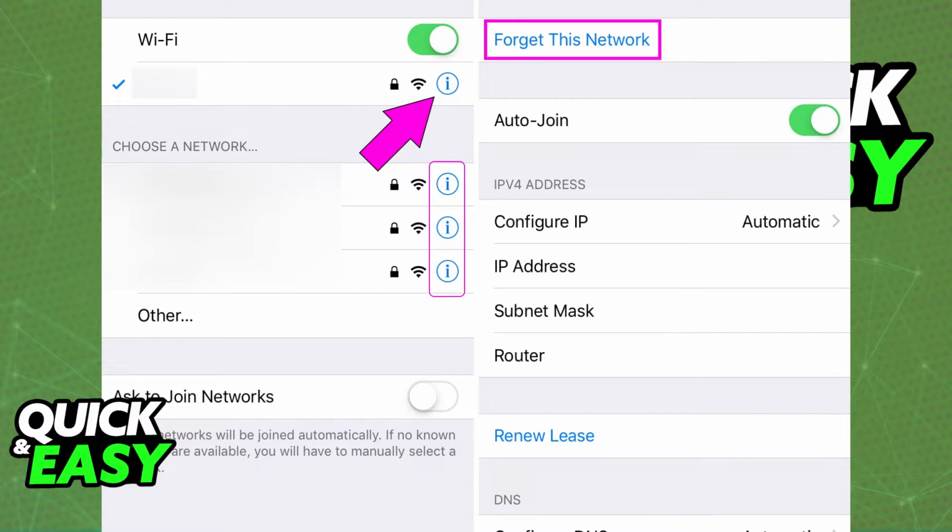As you can see, you have this little information icon at the right side of each individual network. This little blue icon, aka information, can be clicked and you will be redirected to the information page for that specific network. After you do that, you simply have to select forget this network and the Wi-Fi will be